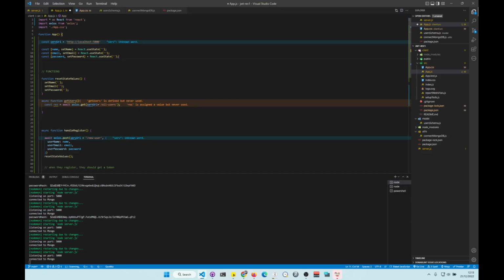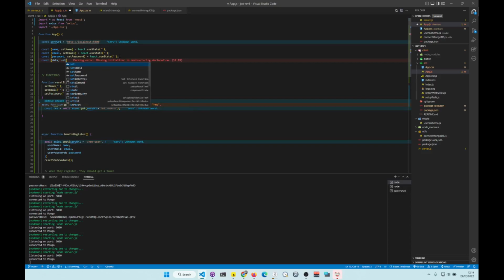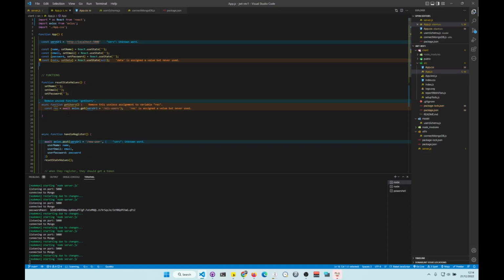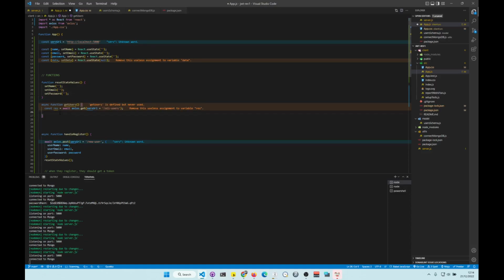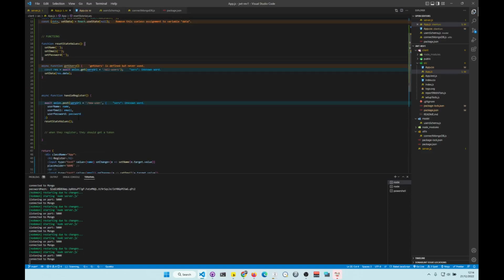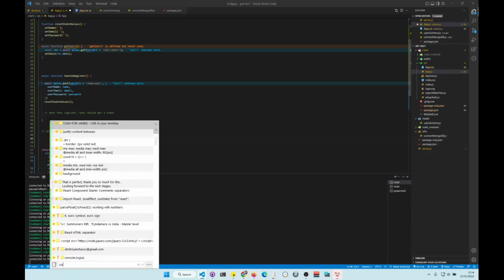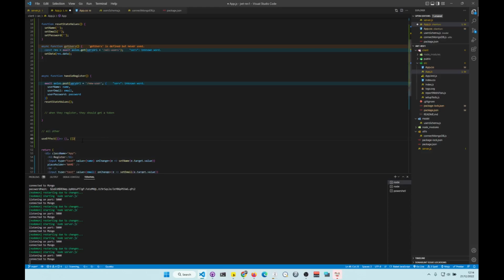And then we need to create const data, set data equals React state, and we're going to set it default to null, and then in here we're going to have set data to response data. Okay, we need to run this on load, so we need to use effect, I think, right? And then we're going to do